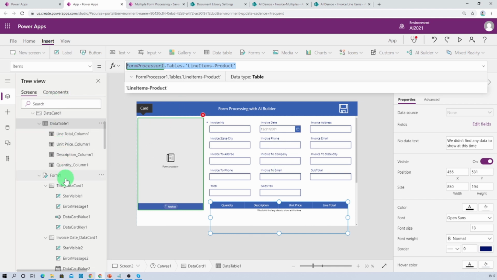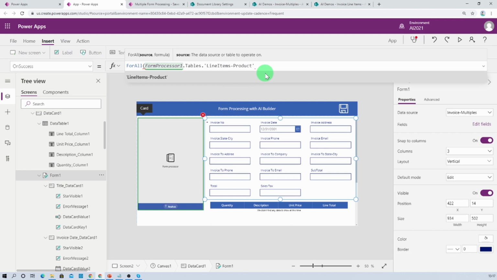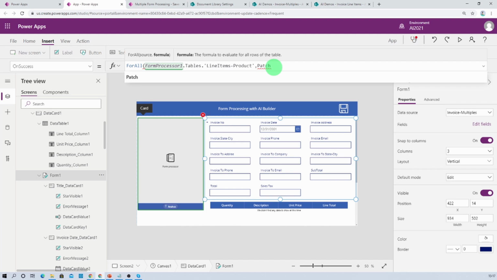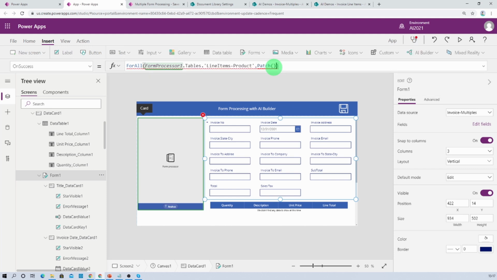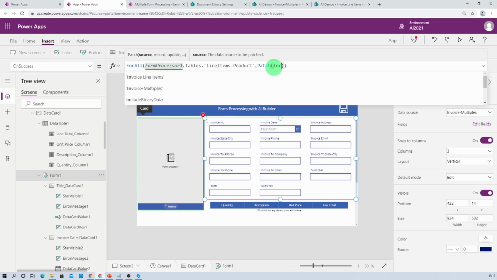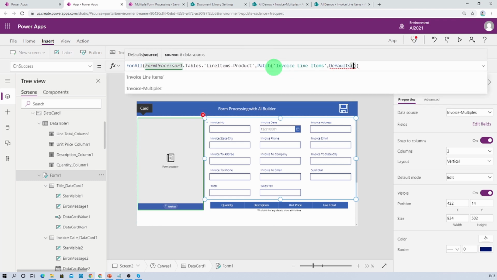So let's copy this and go to the form's OnSuccess. So the source is this one. Now we need to provide a formula. Basically we want to insert the line item, so we will use the Patch function. Inside the Patch function, we want to store our information to the invoice line items. So we need to provide the list name, that is invoice line items. So let's provide that. Then we need to store the new item, so we will be using Defaults, and inside that we want to provide